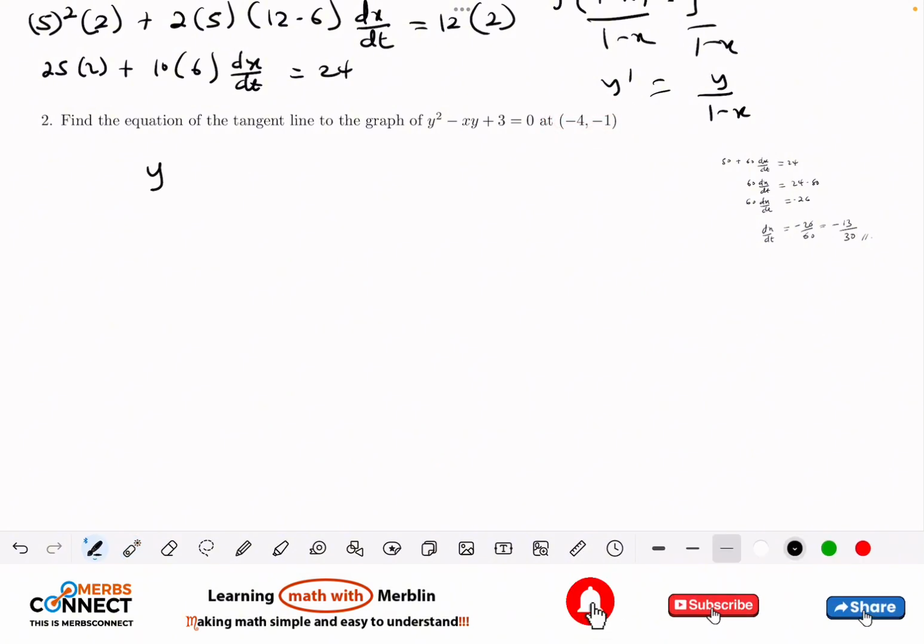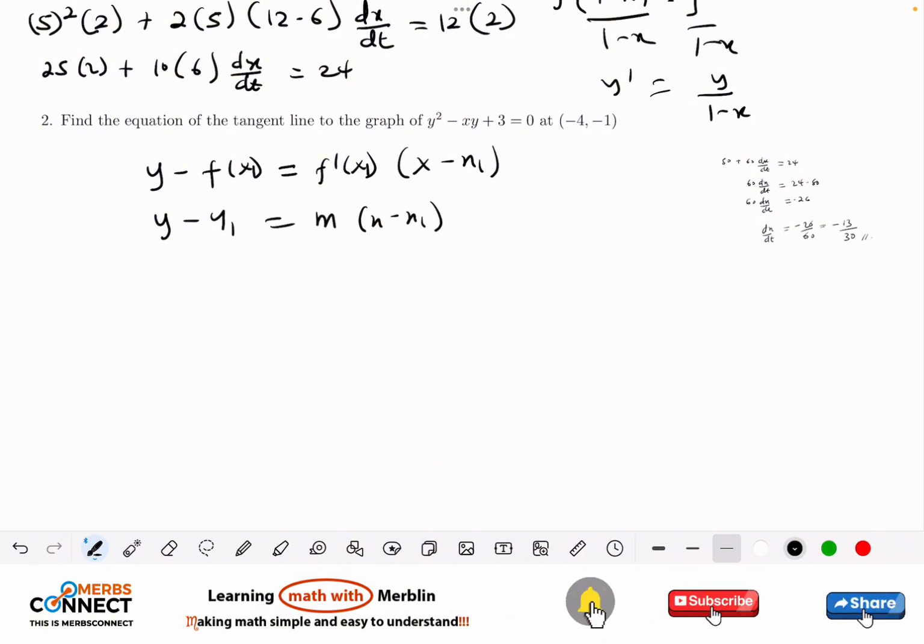I like this one, f of x, which is equal to f prime of x, and then x minus x1. So even let me use x1 here. So luckily for us, I will change this one to y minus y1, which is equal to m times x minus x1,